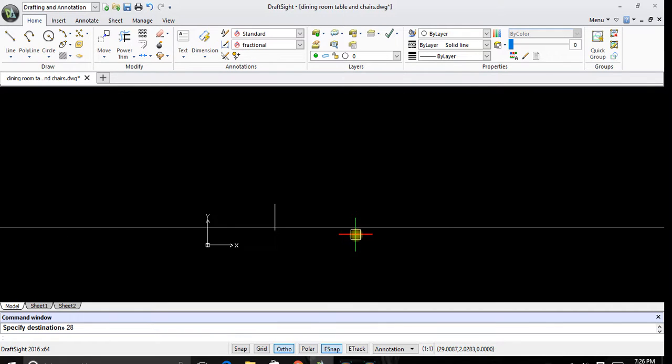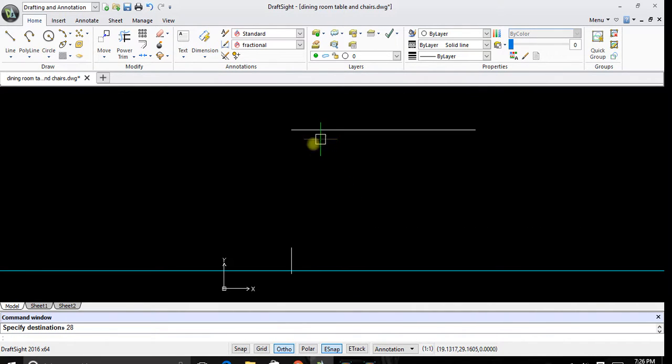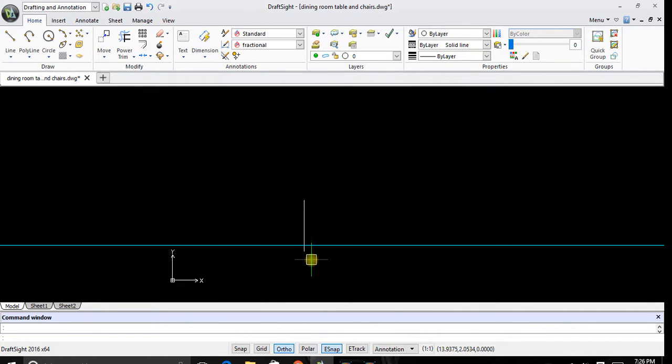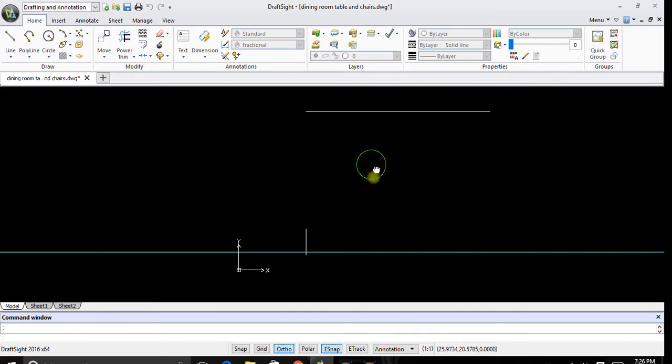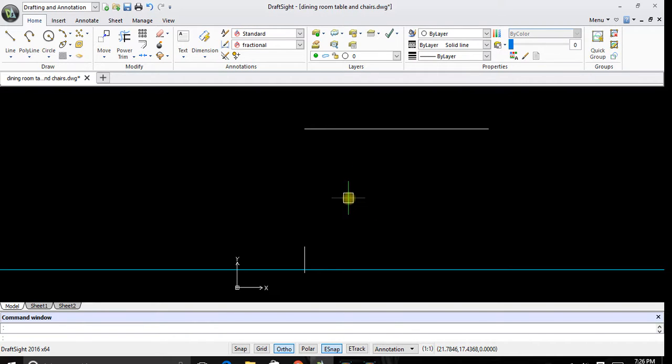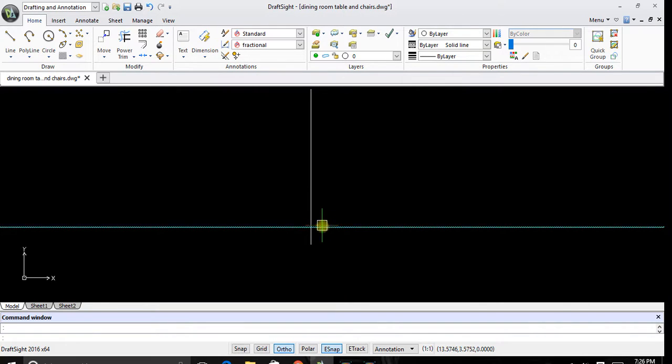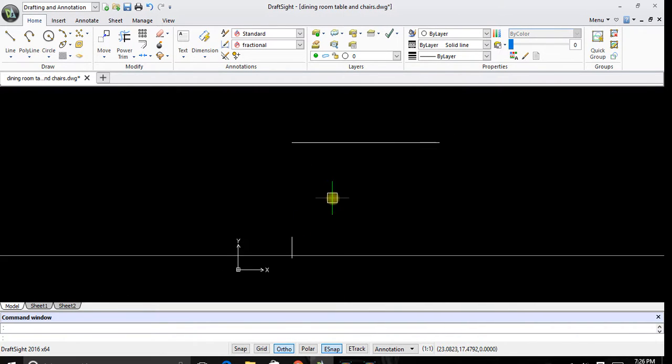Now zoom out. There it is. We now have the bottom of our tabletop 28 inches from the floor. I apologize, 28 inches from where we first started. Now hang on guys, this is where this gets really fun and cool. We want to make sure that this is 28 inches from the floor. But we originated right here, which is below the floor. That's okay, this is very easy to